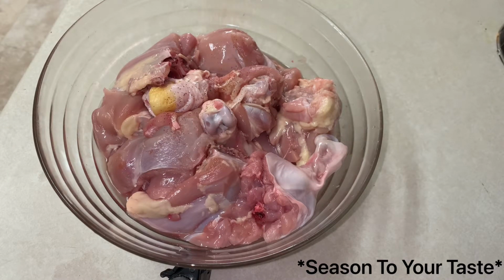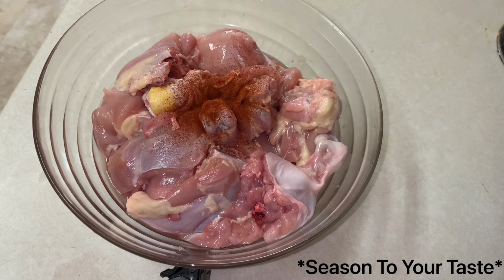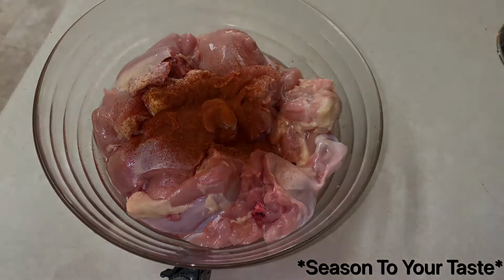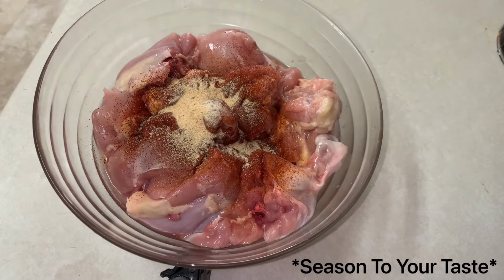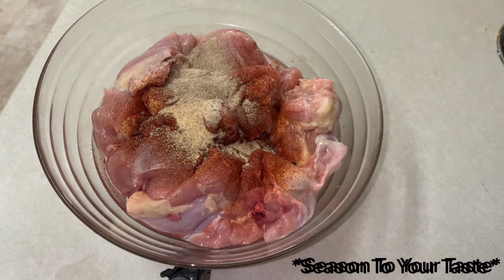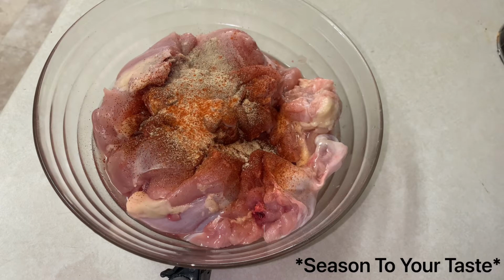Then we're going to season our meat. I'm using chicken here, but you can use any meat of your choice. I'm starting off with some paprika, some garlic powder, then I'm going to add white pepper. I'm using 1 teaspoon each as a measurement for each of my seasonings, but definitely go ahead and season to